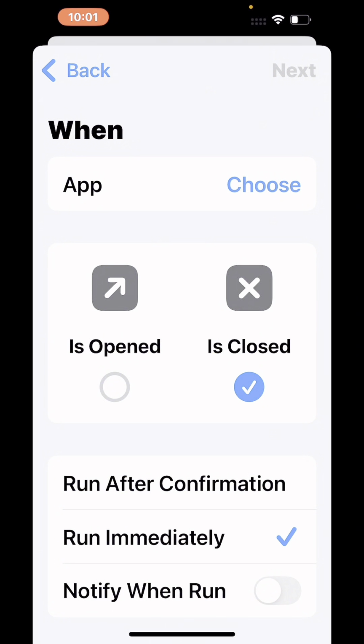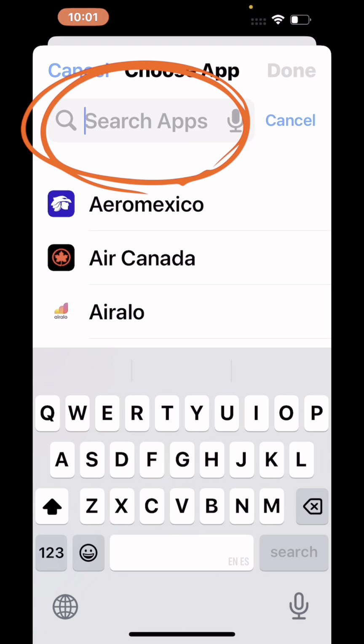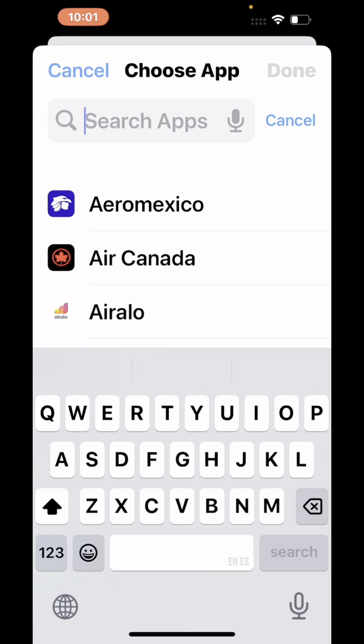It's going to do some stuff for us. But before we tell it to lock our phone down, we need to select those apps. So up at the top, click on the blue word choose. Now, in this search box here, we're going to start searching and selecting some things that we think would be